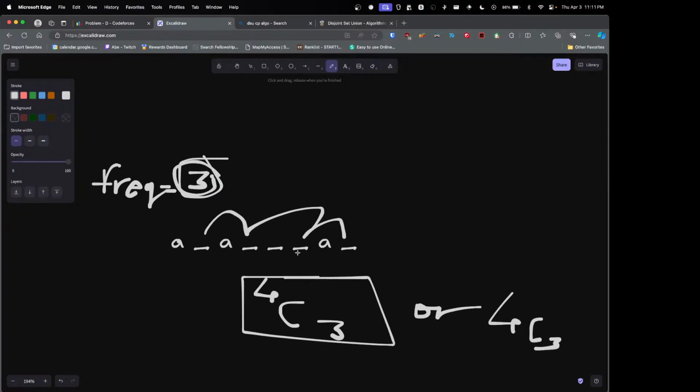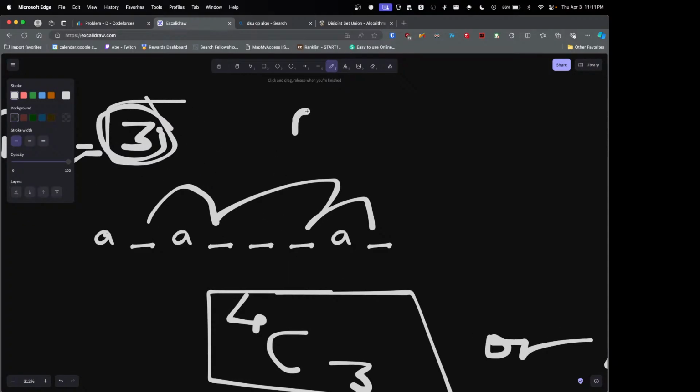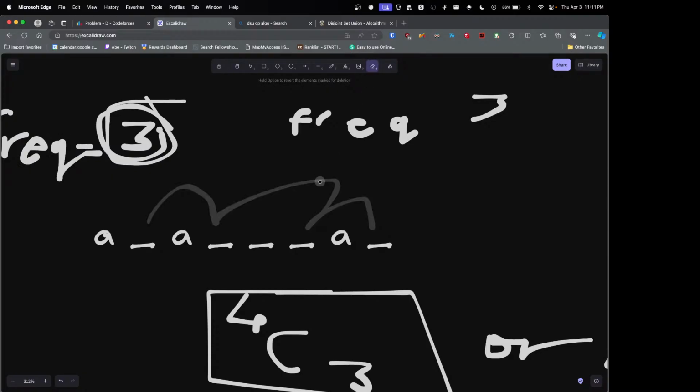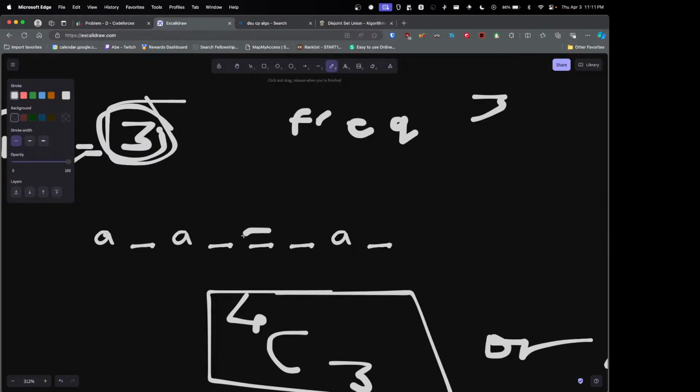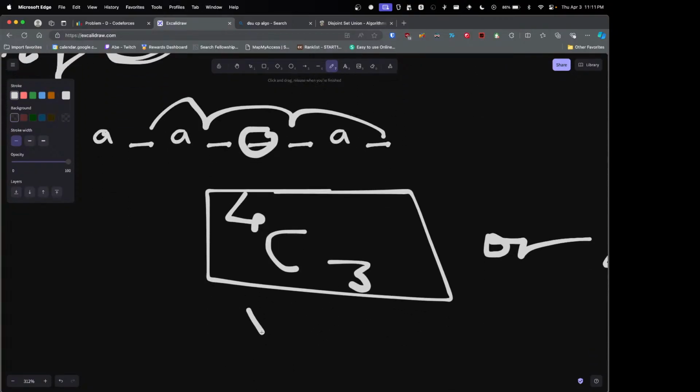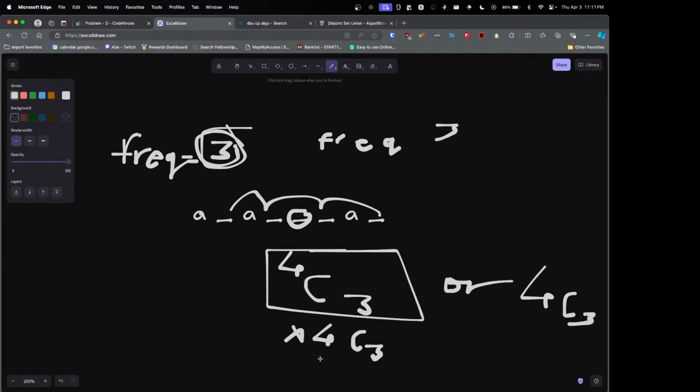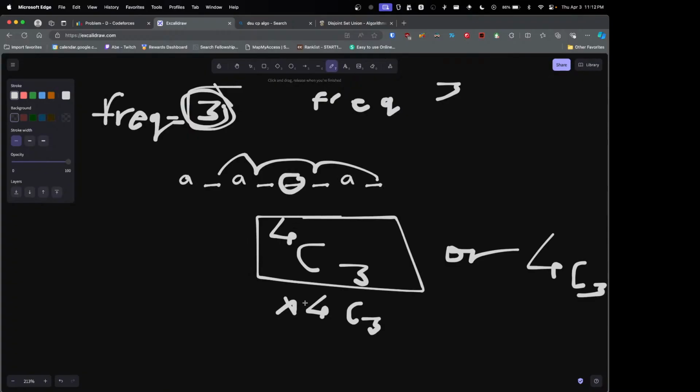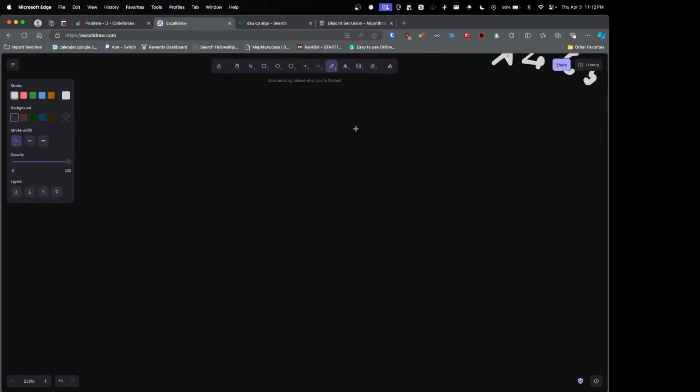Now let's say I have chosen an even. Now if I have a frequency again of 3, how many even indices are left? There's only 1 even index left. Well, there are 4 odd indices left. So here I will multiply 4C3 again. Does that make sense? If, for example, I have index comma